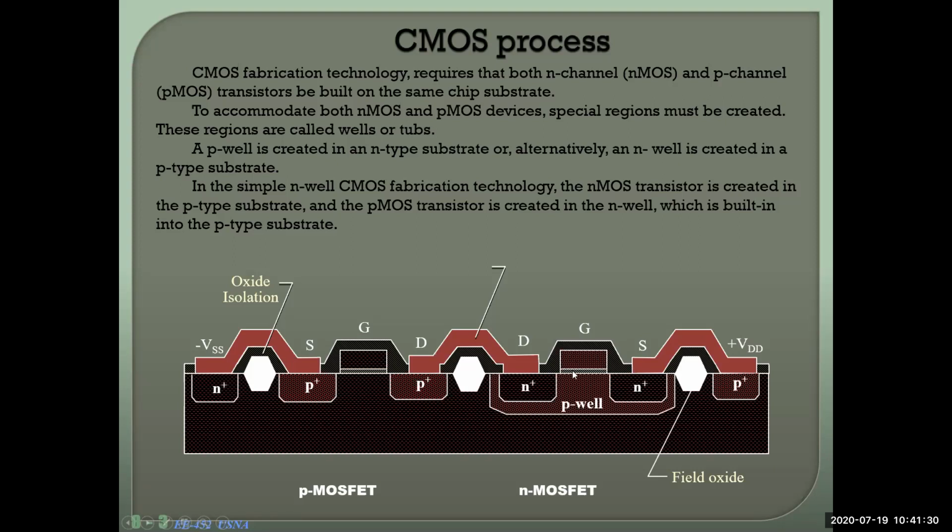On top of that, you have silicon dioxide. Then you have metal, and this metal part is your gate. Then you have drain. Then you have source. Then here you have P plus. Here you have P plus. So this is silicon dioxide and your metal. So this is your gate. This is source. This is drain. Here they have two different elements, that means the body ground and the body VDD.